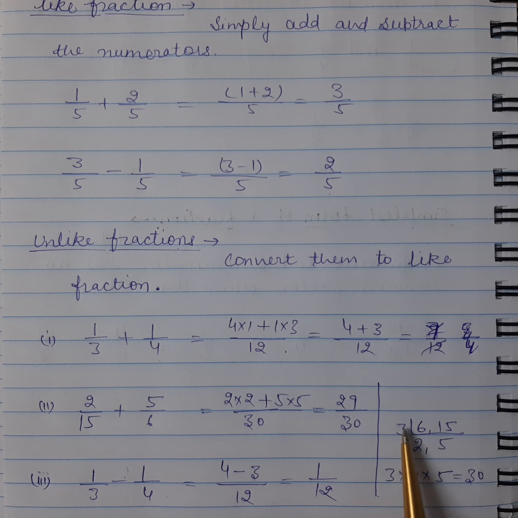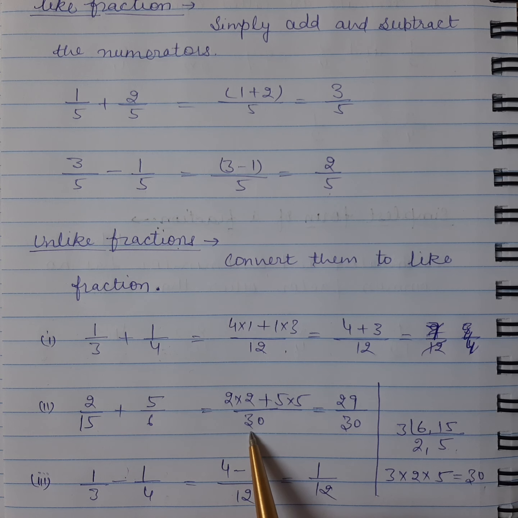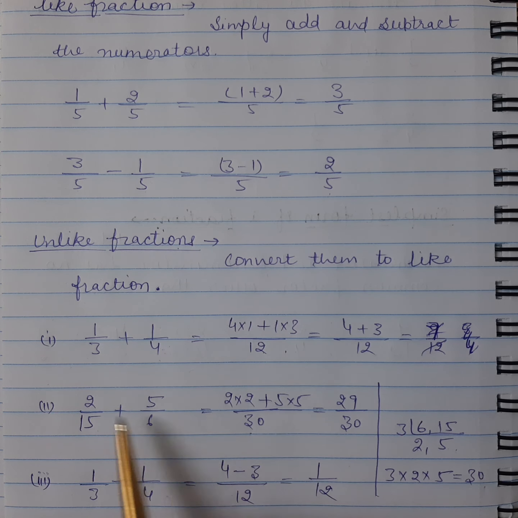So 6 and 15, we can divide both the numbers by 3. So 3 is a factor. The remaining factors are 2 and 5, which do not have any common factor. So LCM will be 3 multiplied by 2 multiplied by 5, which is 30. So if we take 30 as the LCM or new denominator of the fractions,